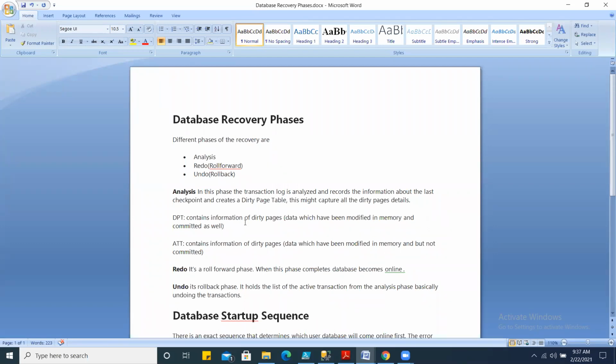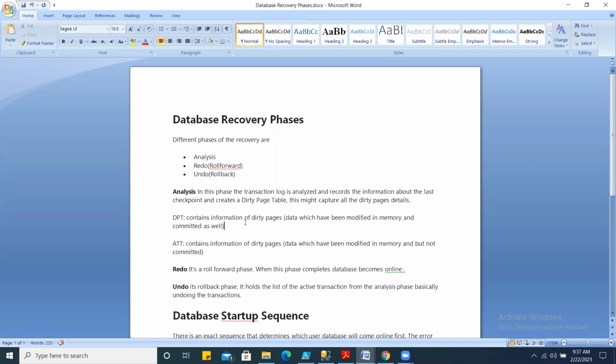That's why they follow the process of redo or roll forward, right? And those transactions which were in active state, meaning they have not yet been committed, although they have modified some data pages, have to be rolled back or undone. So they follow the process known as undo or roll back.